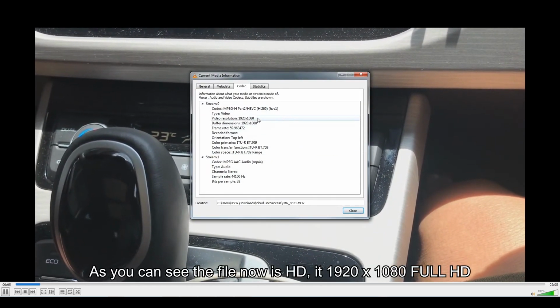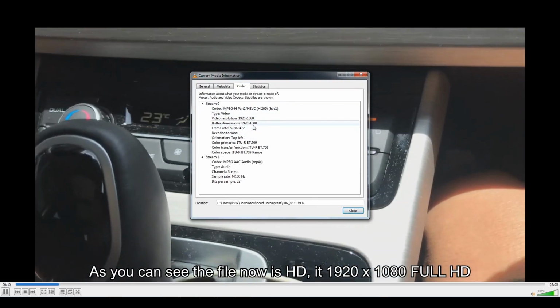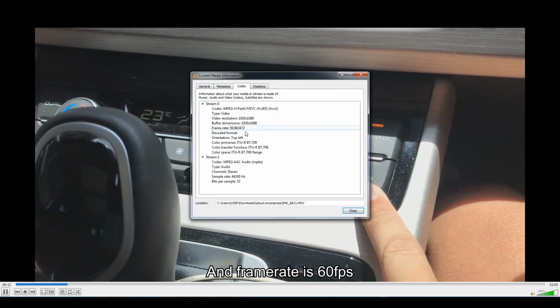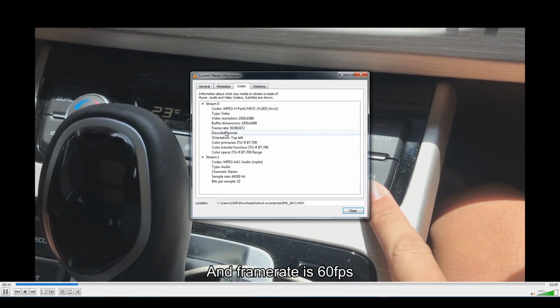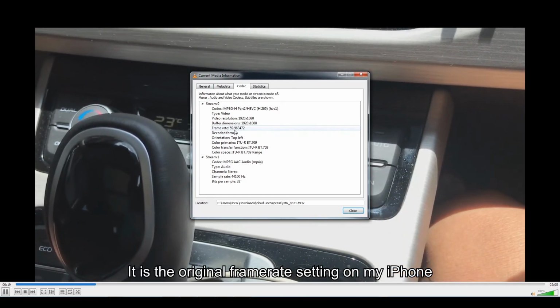As you can see, the file now is HD, 1920 times 1080, right? And the frame rate is also different. The frame rate is 60, which is the original frame rate.